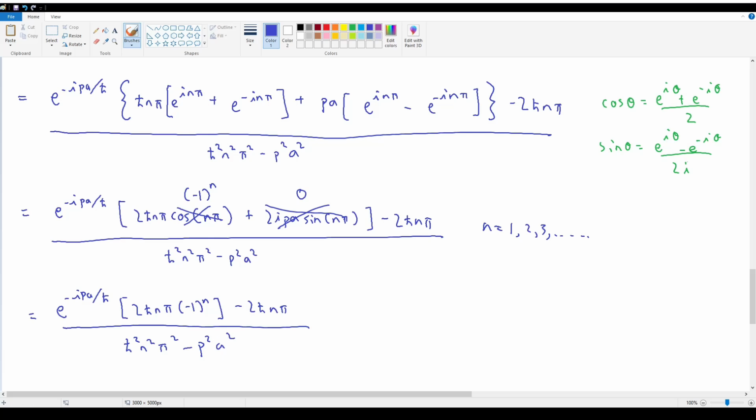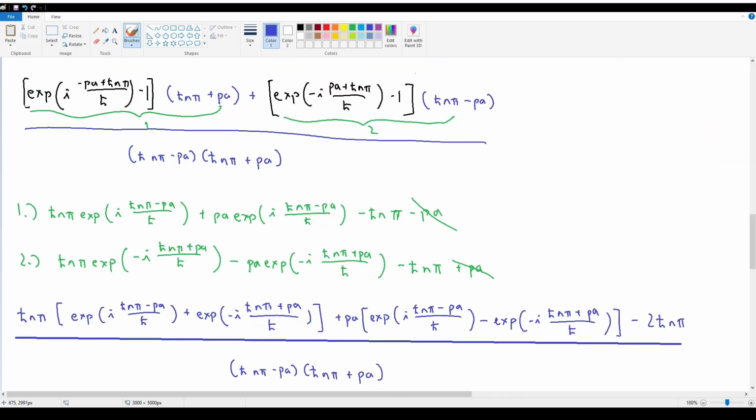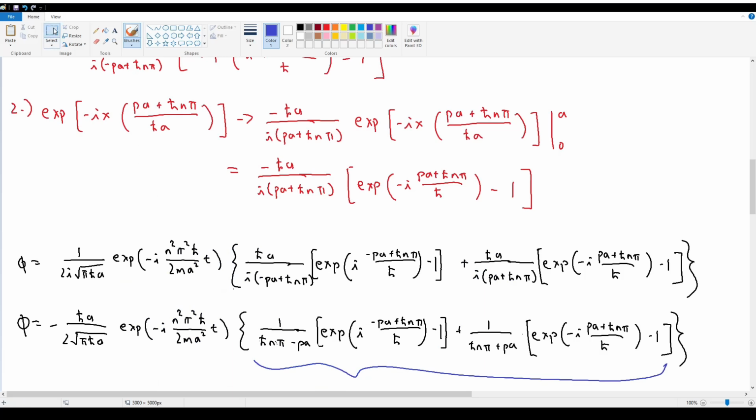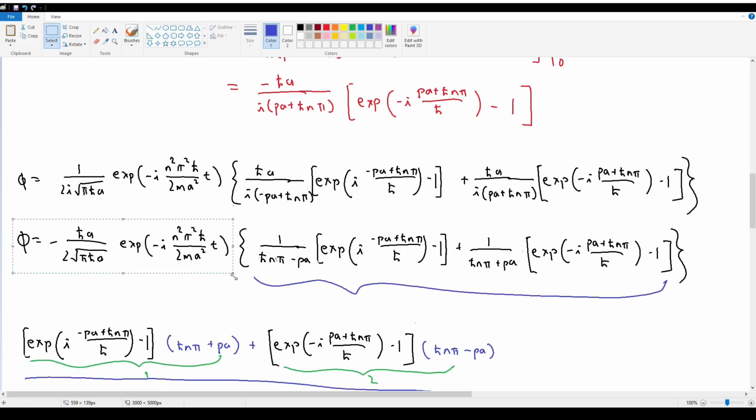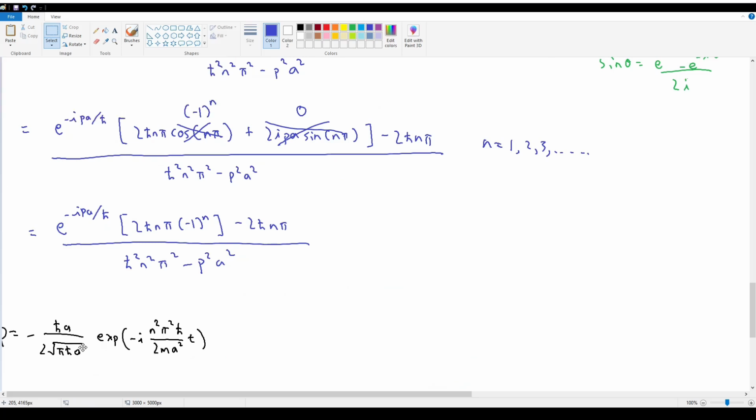And now if we take this and go all the way back up, get our original expression for phi and plug this new simplified expression in,